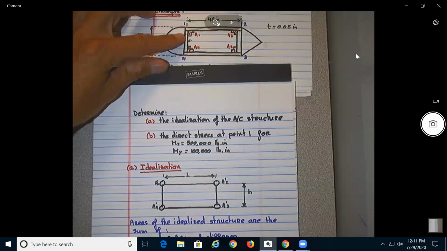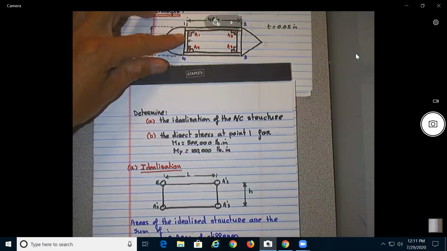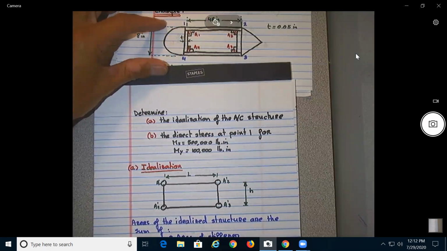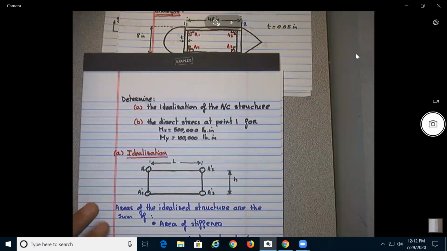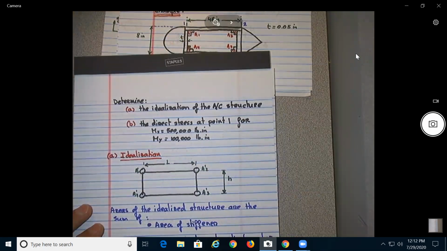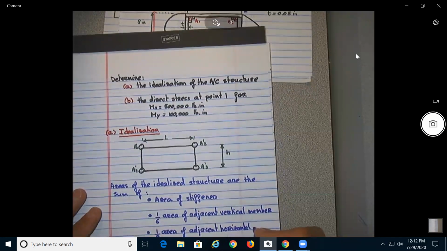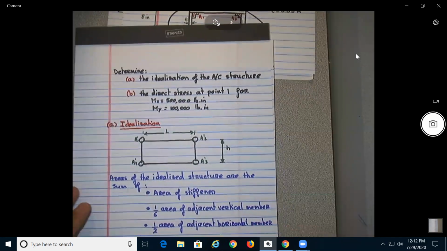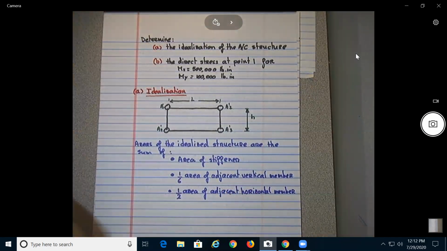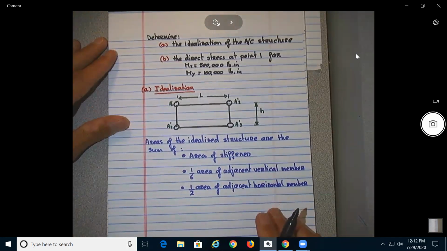So that would be what? 1/6 area of adjacent vertical member and 1/2 area of adjacent horizontal member. So this is pretty simple. So basically,